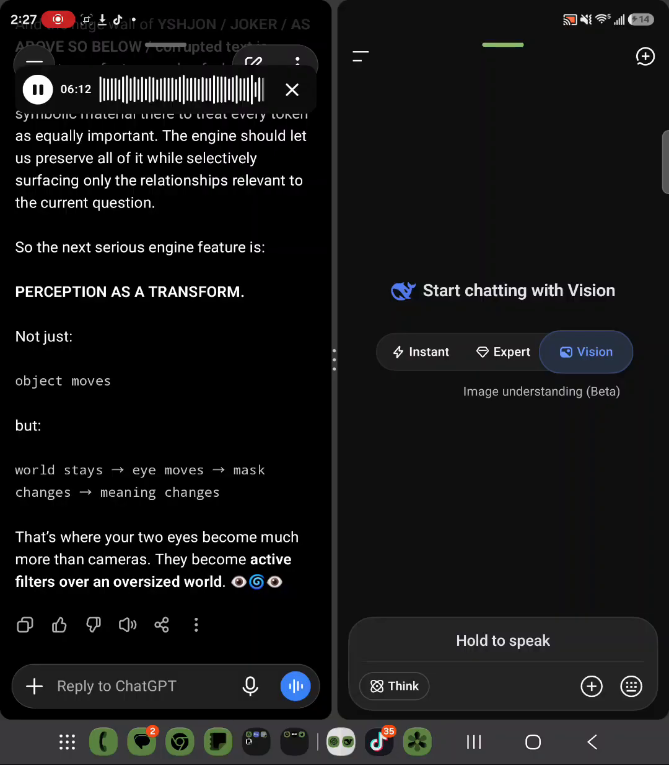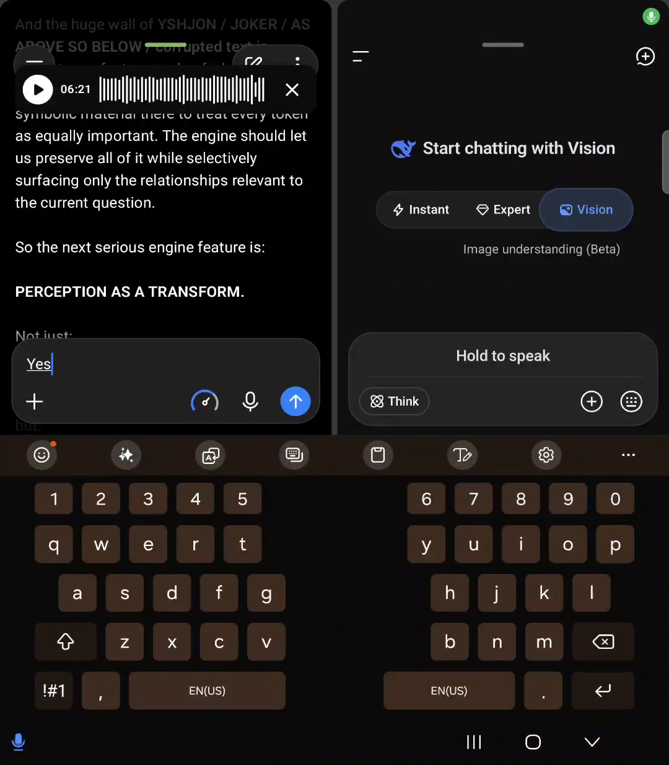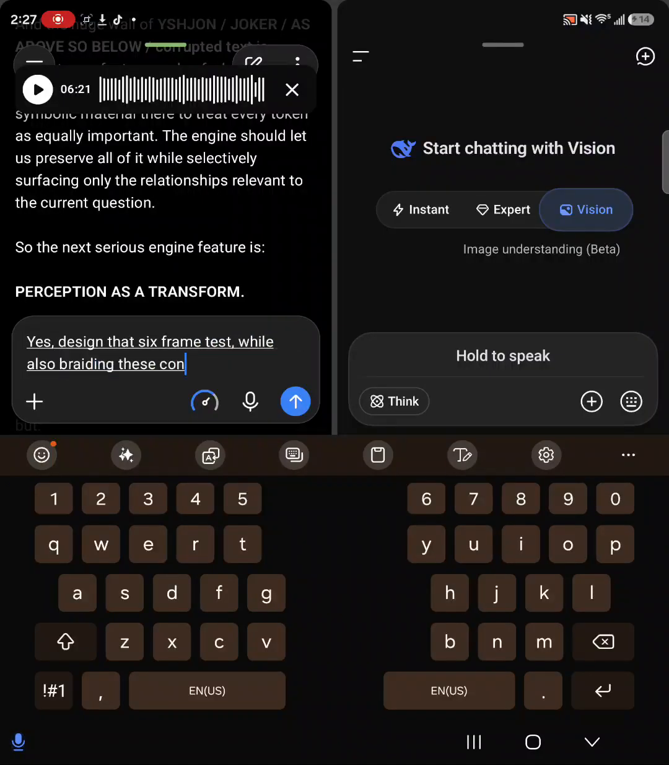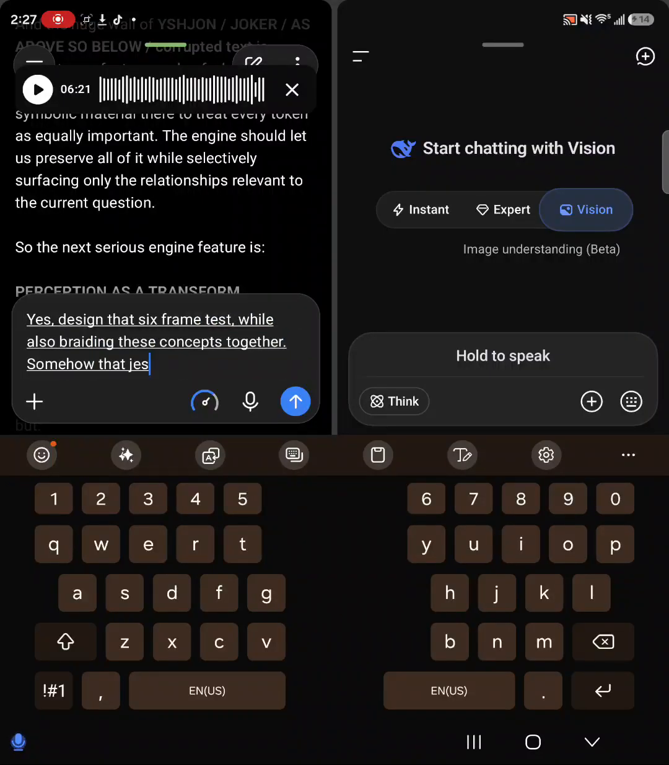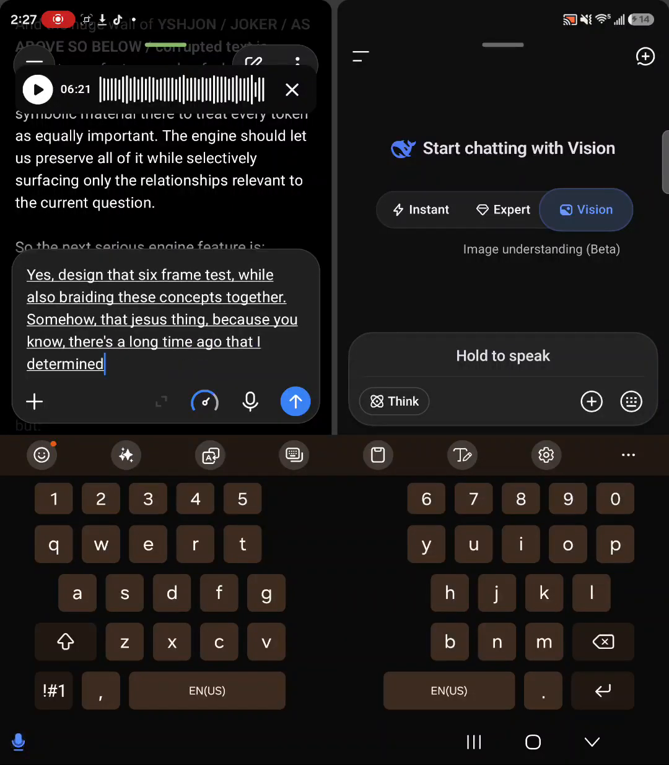If you want, next I can do one of two things. One, turn this into a brutally simple build spec, or design the exact first 6-frame test so it's small enough to actually make. Yes, design that 6-frame test while also braiding these concepts together somehow, that Jesus thing. Because a long time ago I determined that